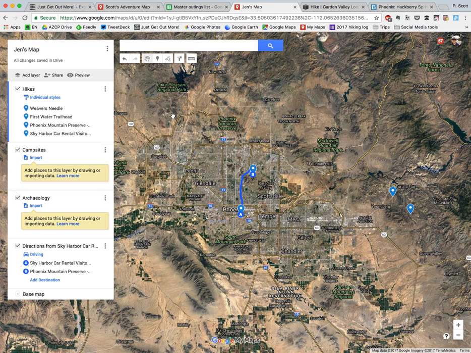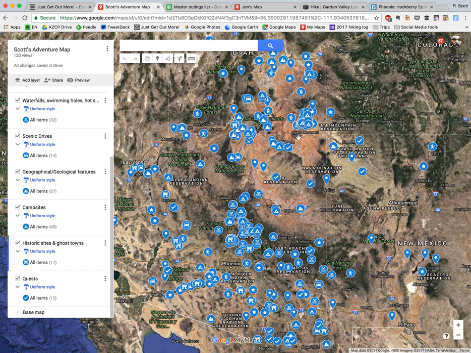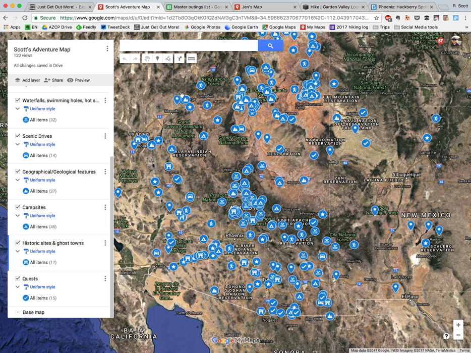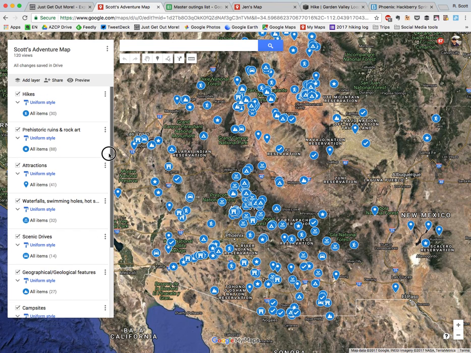So anyway, it's kind of a quick tutorial. Hopefully I wasn't too rambling. I think that this is a great way of keeping track of all your places. As you can see, it can get a little bit crowded. I don't actually know if there's a limit as to the number of points, pins, that you can have here, but